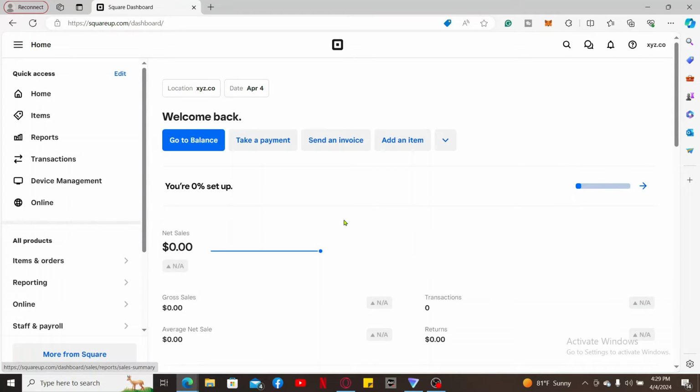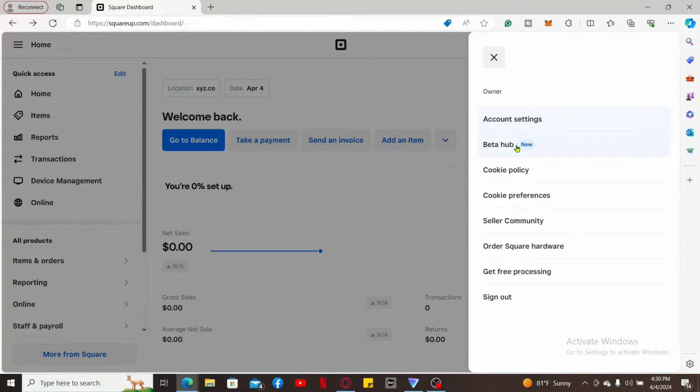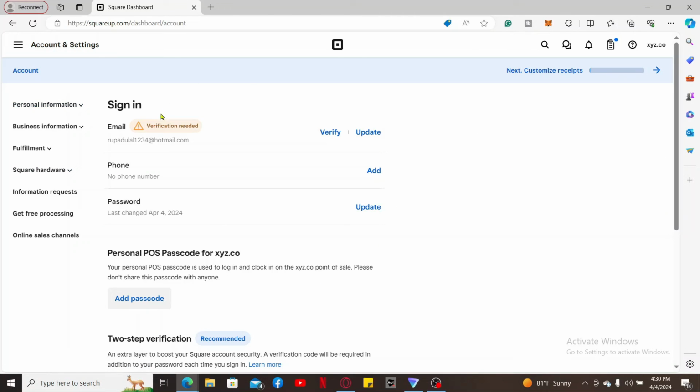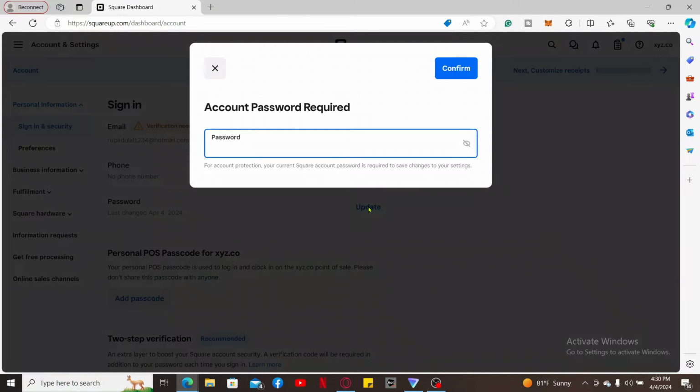From the main dashboard, click on your company name at the top right corner of the screen. Once you open up the expanded menu from the option, click on Account Settings. Once you open up the Account and Settings menu, go ahead and expand the Personal Information tab and click on Sign In and Security. Now, click the Update button right next to Password under Sign In and then enter your